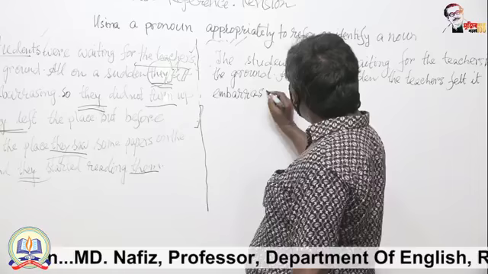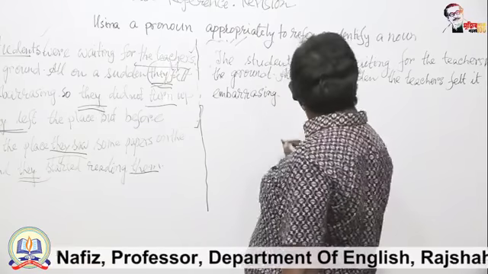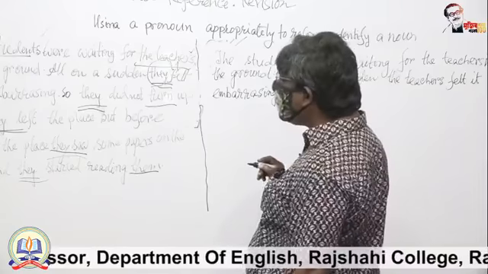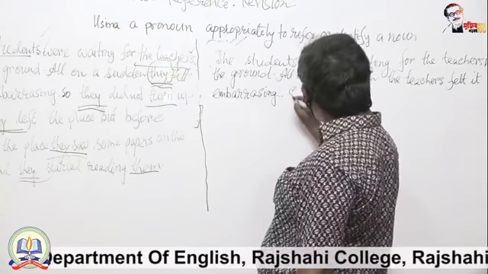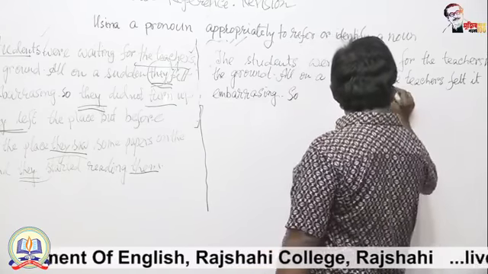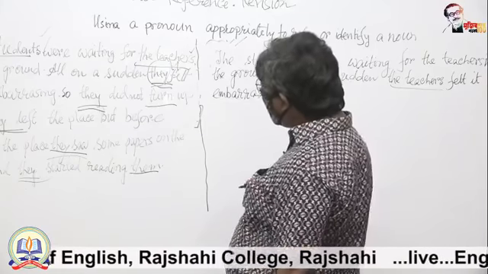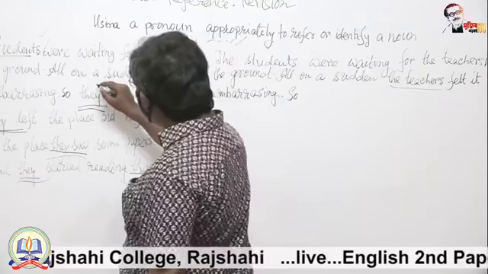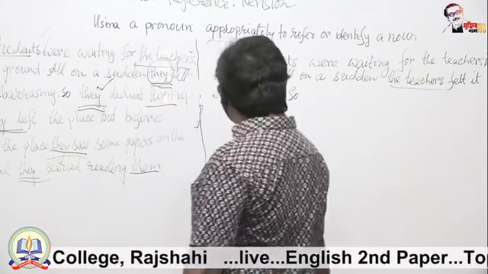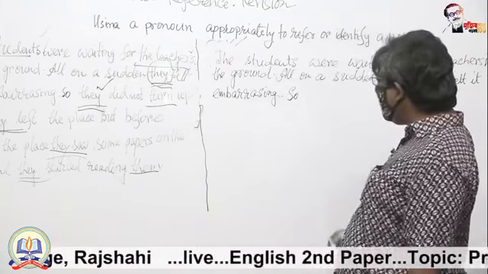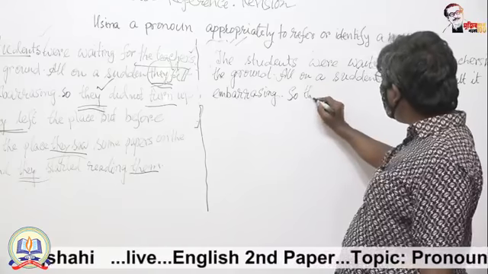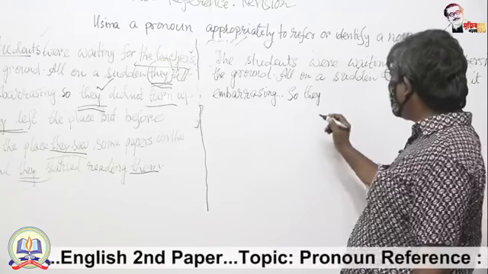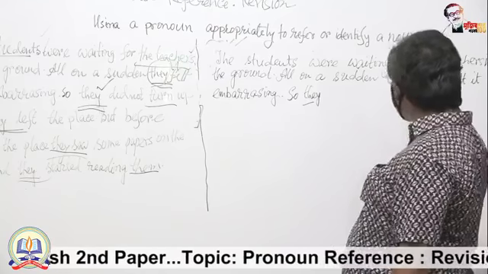All of a sudden the teachers felt it embarrassing. So after the teachers we have no other noun. Therefore, if we use they again in this sentence, we do not have any problem making its idea clear. So this means the teachers